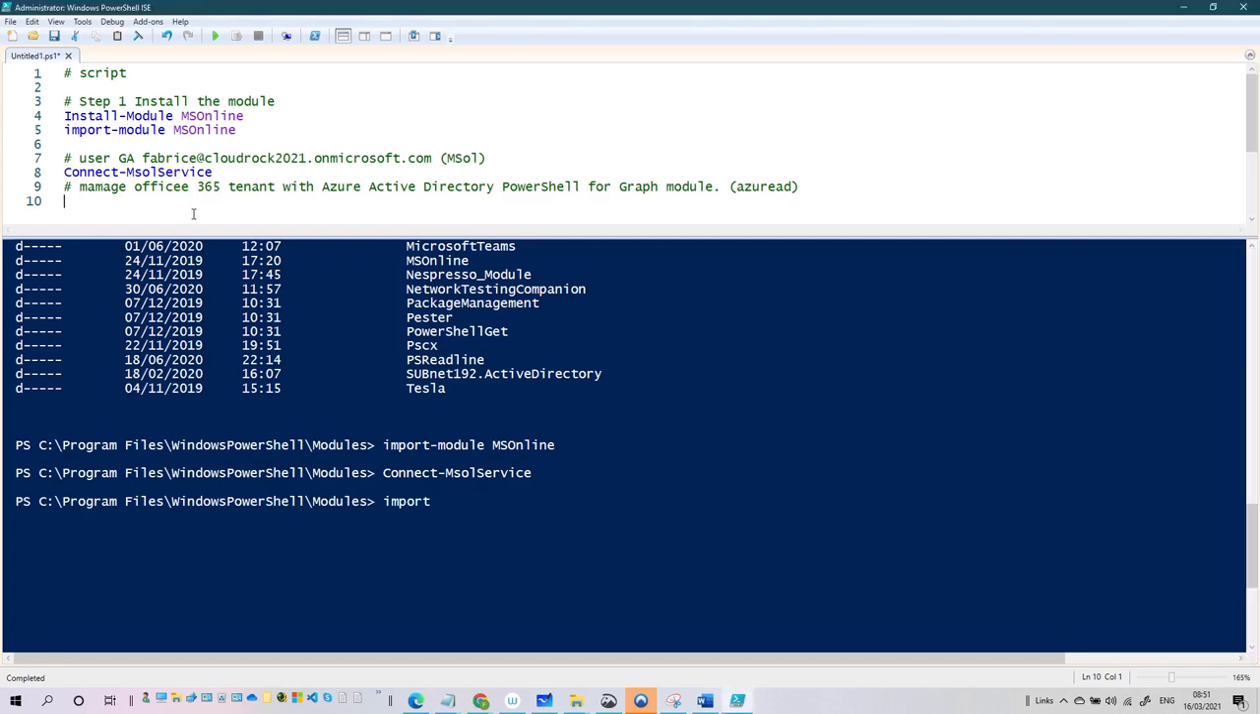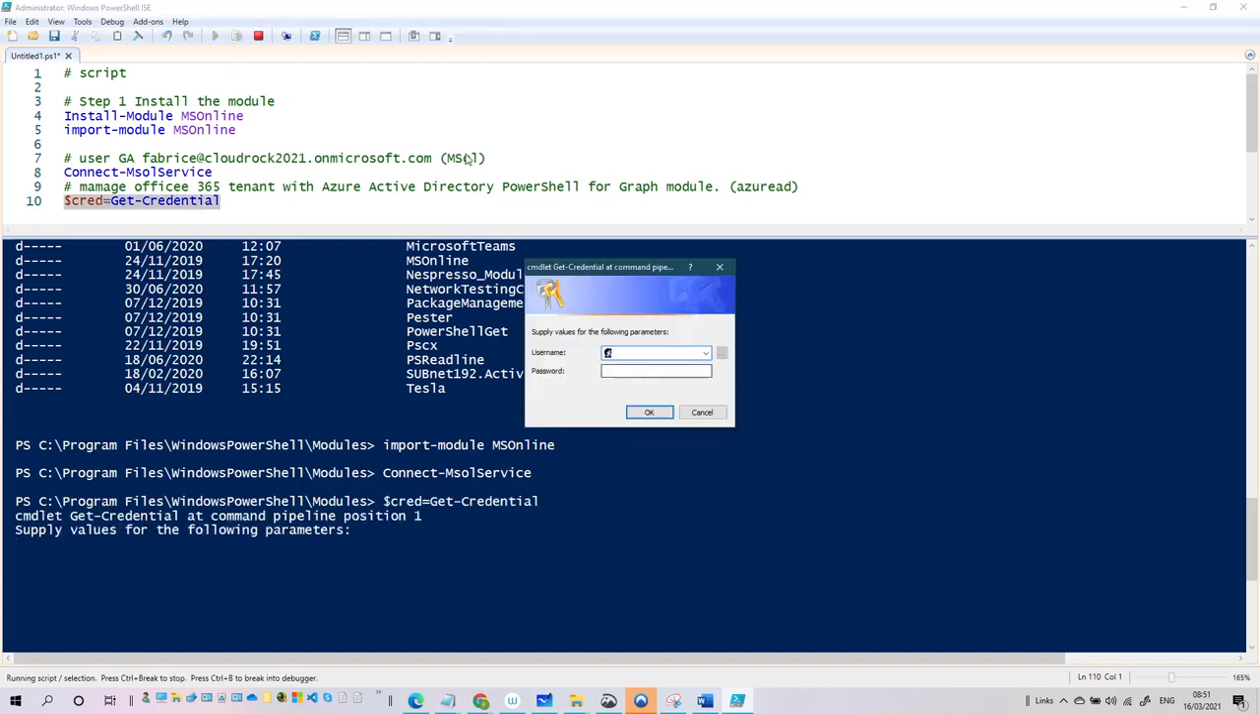For example, you can say credential, and you can do equal get credential. This is nice because you don't have to type it directly here. Okay, you just put it in a credential. You do like this, and here inside this, you put your